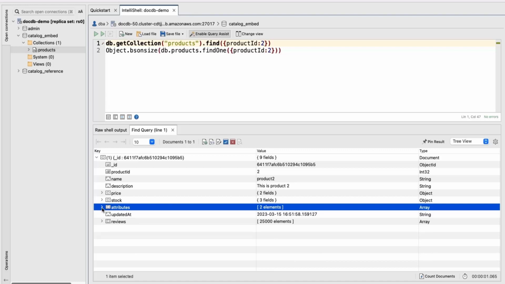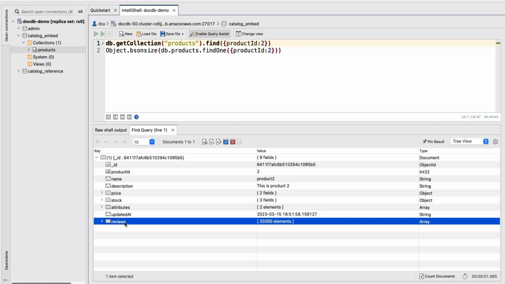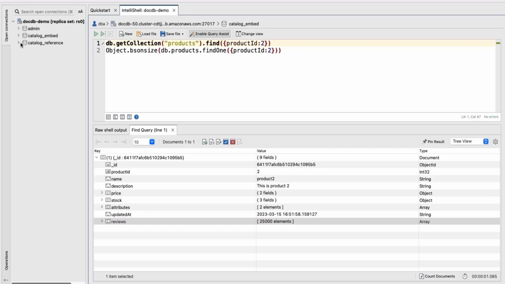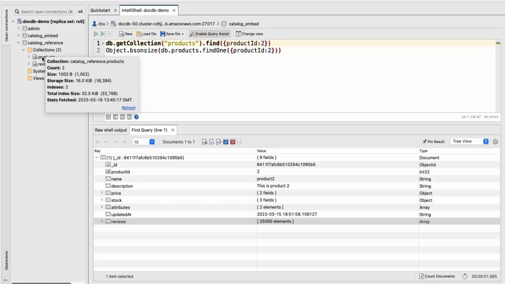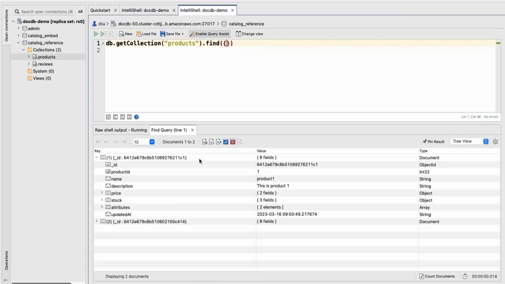But what do we do with the unbounded relationship that grows without a limit? Well, for that, the recommended approach is to separate it: move the many side, in this case reviews, to a different collection and use the reference model. So let's take a look at the catalog reference database where I've implemented this model. Here I have 2 collections, products. Notice that the reviews array is no more.